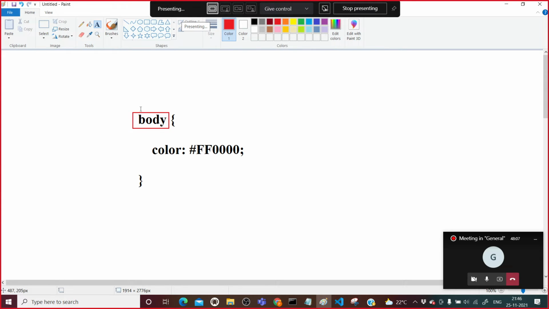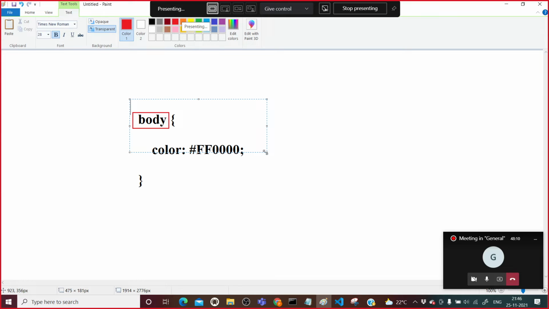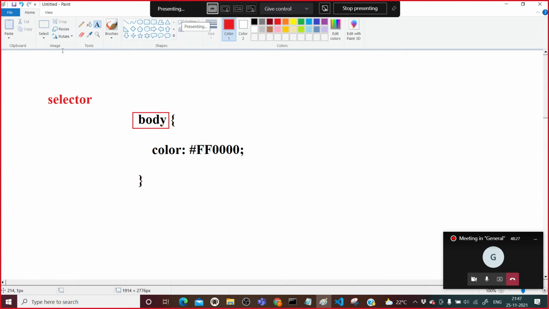So I will write here that this is the selector of your particular page. By using this only, you are selecting the body of your page.